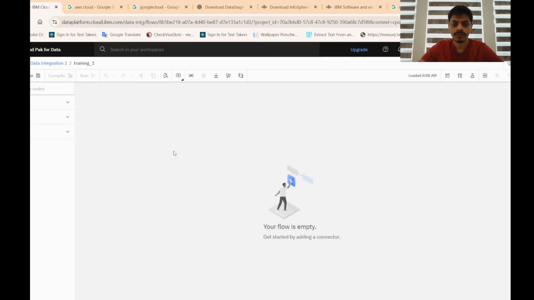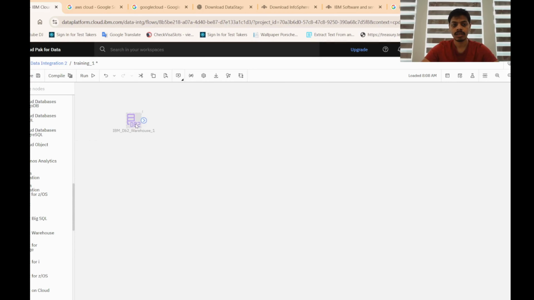This is how the cloud DataStage looks. You can see three options in it. The first one is connectors, where you can connect from the source that you connected in the previous location. My connection was connected to IBM DB2 Warehouse, so I click this and double tap it,